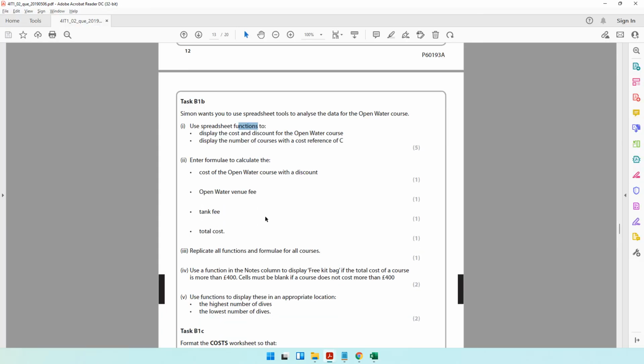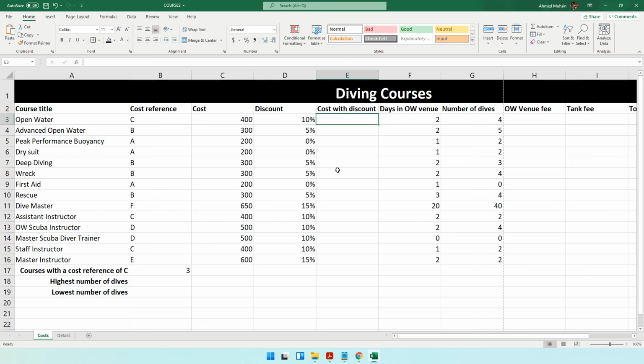The next question is enter formula to calculate the cost of the open water course with a discount. Normally the cost is 400, a 10% discount is being given, and we have to calculate the cost. Remember, all formulas in Excel begin with the equal symbol. So you put the equal symbol first. This is the cost minus open brackets